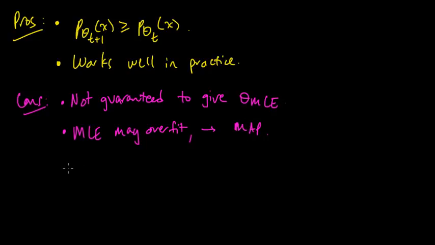Another couple things I'll just mention here. Convergence can be slow. The EM algorithm sometimes can take a while to converge, but there are variations on EM. There are a huge number of variations and extensions to the EM algorithm, and some of these address the speed of convergence. And one final con I'll mention here is that the EM algorithm